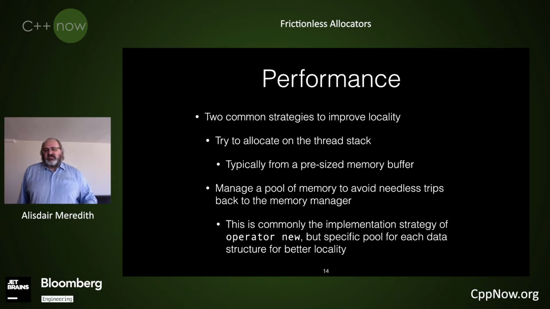And the other notion is that we're going to manage different pools, so that if I've got a data structure over here, that will have a pool managing it, and I can try and pre-allocate that pool so it's just one contiguous region of memory, and then I can farm that memory out between different allocations within that task. But if I've got a different data structure, that will have its own pool with a different, hopefully contiguous region of memory, and that again helps reduce diffusion, reduce fragmentation, and improve the locality on the system.